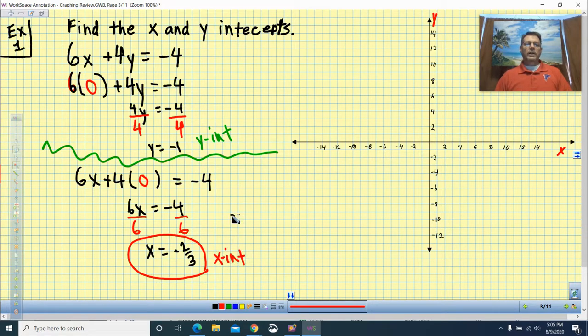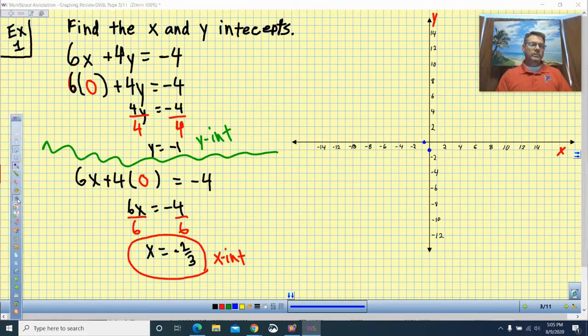All right. Now, could I use this information to graph this line? Well, certainly I could. So let me go over to y equals negative 1. So y equals negative 1 right there. So that means this line is going to cross right there. Okay. And then x equals negative 2/3. So there's 1. So there's about 2/3. Oh, they're really close together. So in theory,